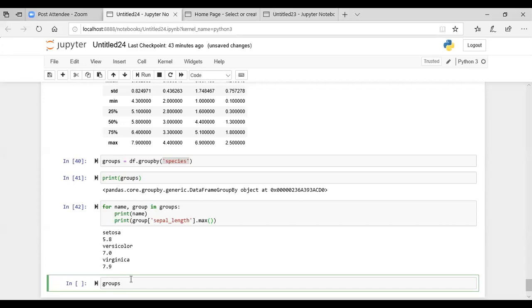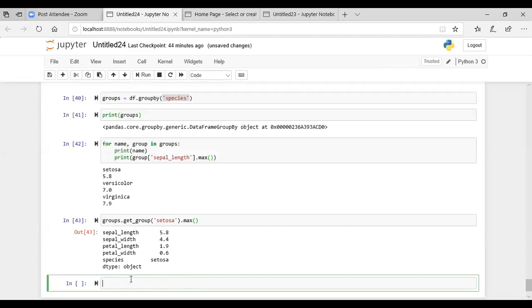Now let's say only for one specific species, one specific group, you want to display all the information. Let's say we want to get the information only for the Setosa group, and then we want to find out what is the maximum value of each column under this.